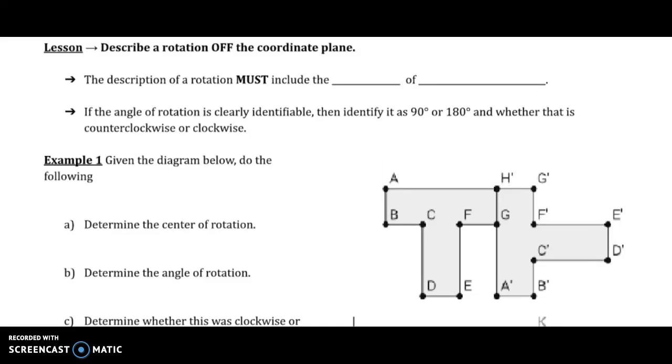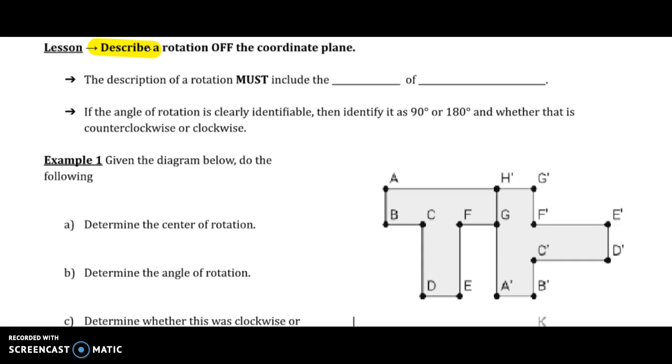This is Unit 3, Lesson 4. This is the second portion of the lesson where we are going to describe a rotation off the coordinate plane. So this is extremely important, that in order to get full credit for any description of a rotation, so say